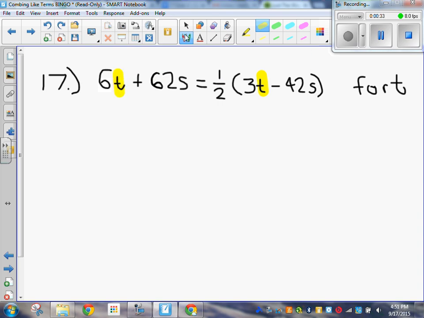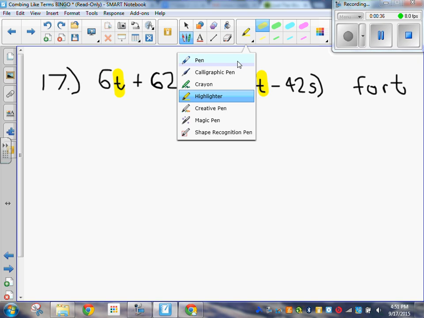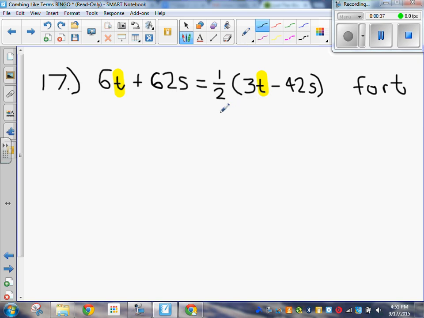As you know, in any multi-step equation, I have to get the variable on one side. But you also know, before I can deal with the parentheses, I have to deal with this 1/2. I don't truly want to deal with it right now. It's kind of in our way. So to get rid of that 1/2, I'm going to multiply by 2 on both sides of my equation. So if I do this,